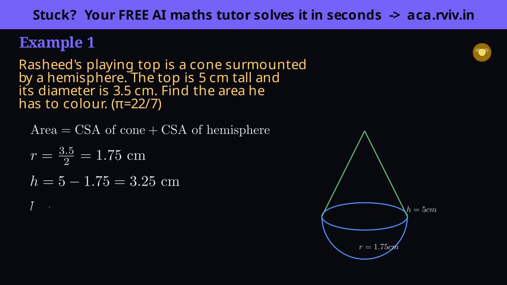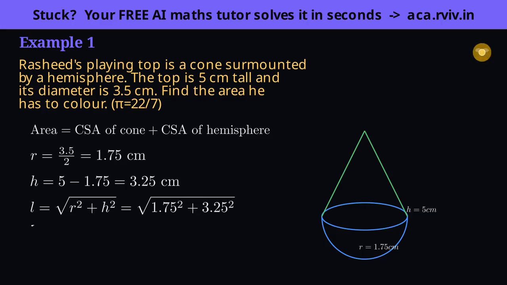Before we can use the cone's surface formula, we hit a subtlety students often miss. The paint runs down the slanted side of the cone, not straight down the middle, so we need the slant height L, the length of that slope, not the vertical height H. And where does slant height come from? Picture the right triangle inside the cone, the vertical height is one leg, the base radius is the other, and the slope is the hypotenuse. So Pythagoras gives L as the square root of r squared plus h squared.